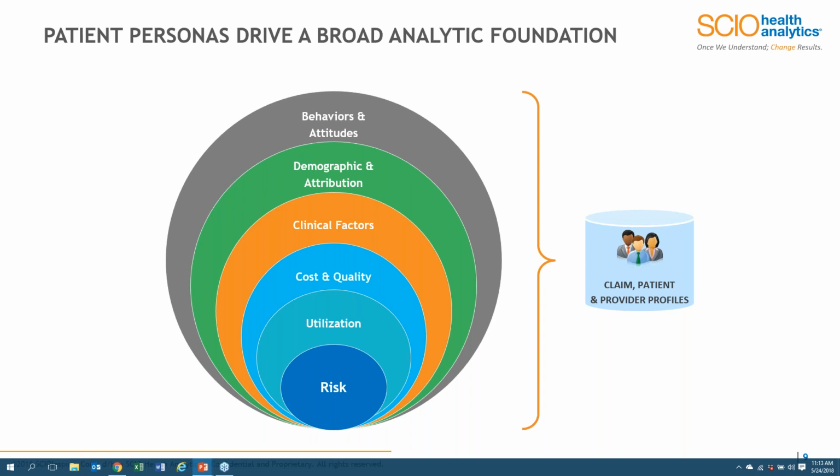Obviously, demographic attributes, socioeconomic attributes play a role. It's a component of that. Clinical factors, truly understanding a patient's current condition, number of comorbid conditions, care gaps that are driving the thought process and treatment of those conditions, cost and quality, how often do these patients visit the hospital and or the physician's office? Are they compliant or adherent with their diagnostic testing, yes or no, and or a drug regimen? Utilization, obviously utilization of those services carries into the cost and quality part.